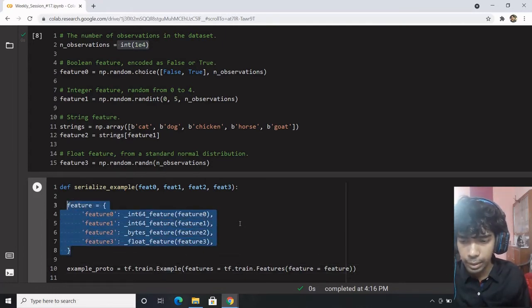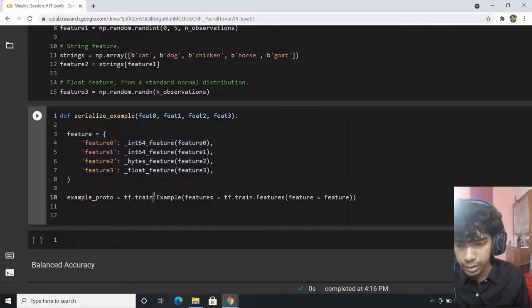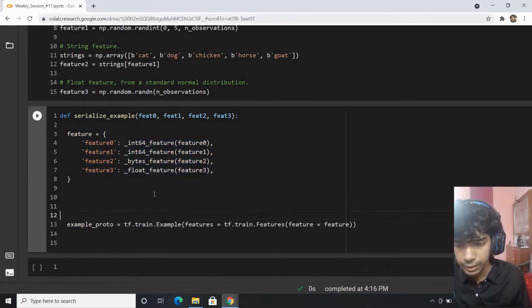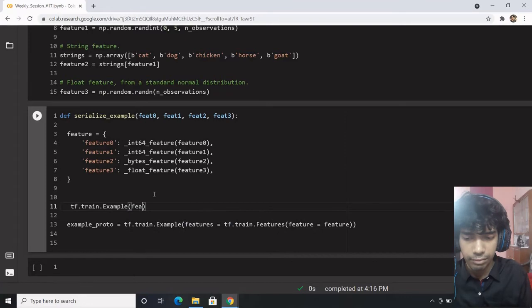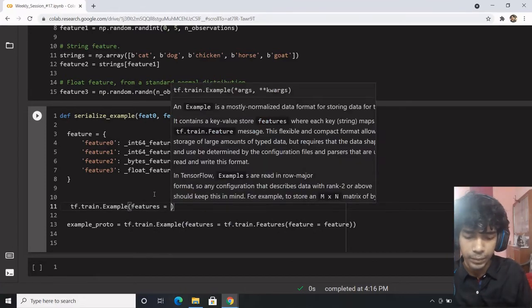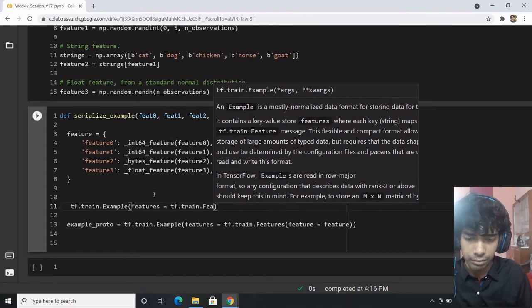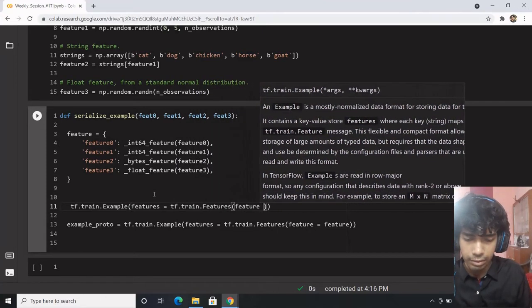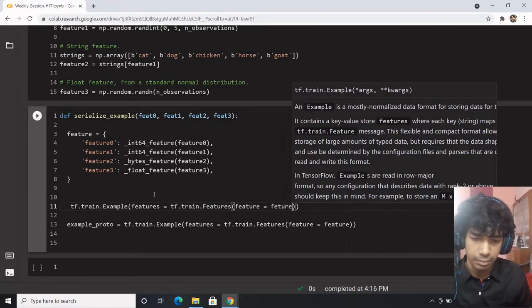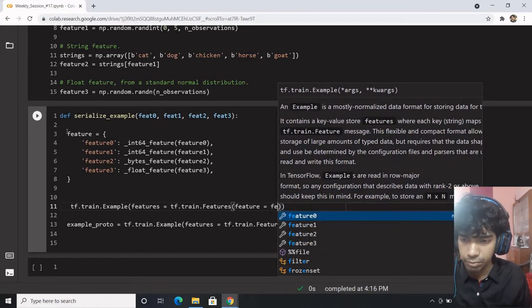This is the format of the feature map, so it goes in this way. First you have the tf train example. Within tf train example, you need to define the features. What features would be there? It would be a bunch of tf train features, wherein the feature map is defined by this particular feature map.